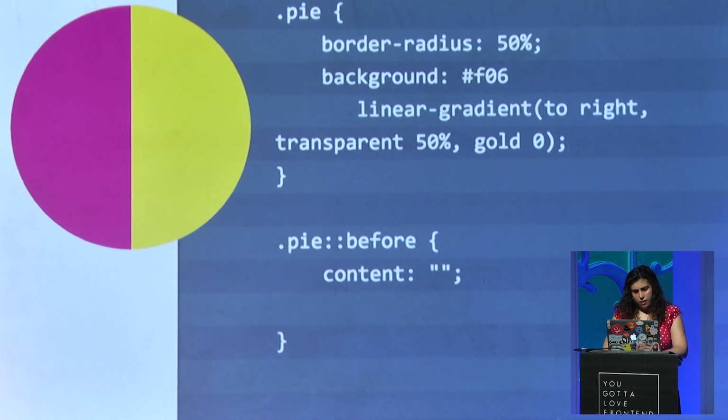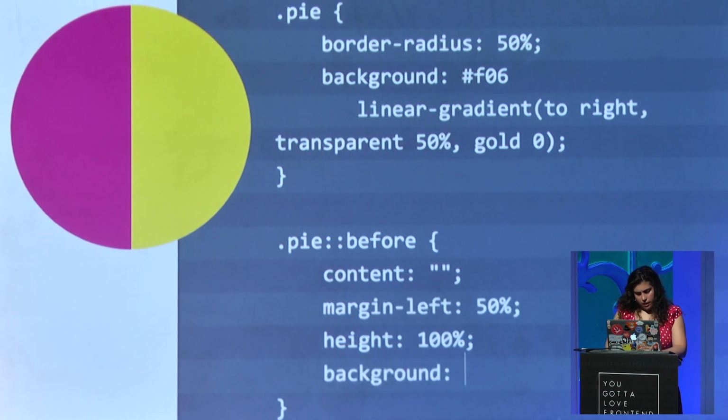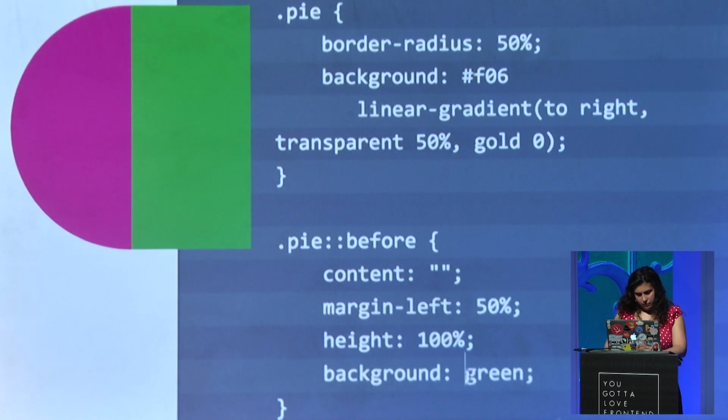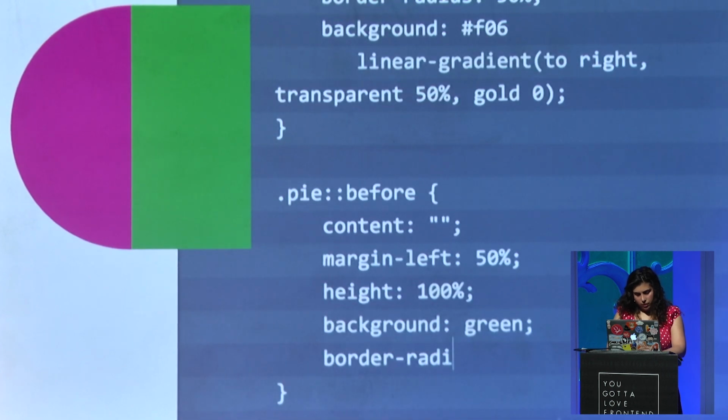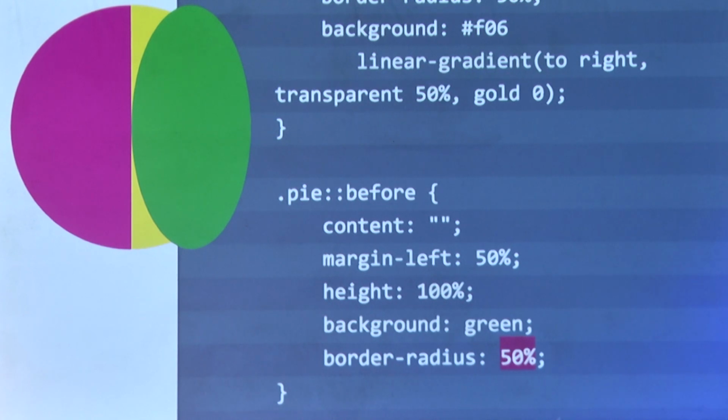And so let's style our pseudo-element now. Let's give it a margin left of 50%. I'll give it a random color so I can see what I'm doing, but I'll change it soon. Oh, so we need to make it a semicircle. So we'll use border radius for that. But we can't just use border radius 50% because then it will be an ellipse. So we'll have to use the expanded border radius syntax,